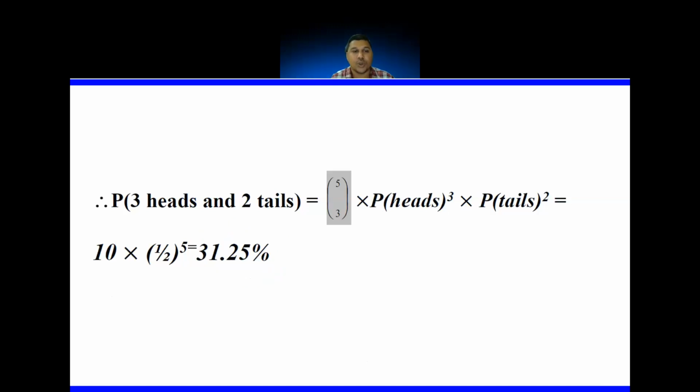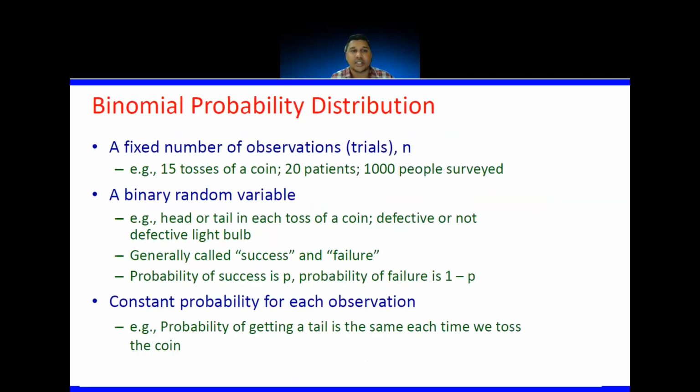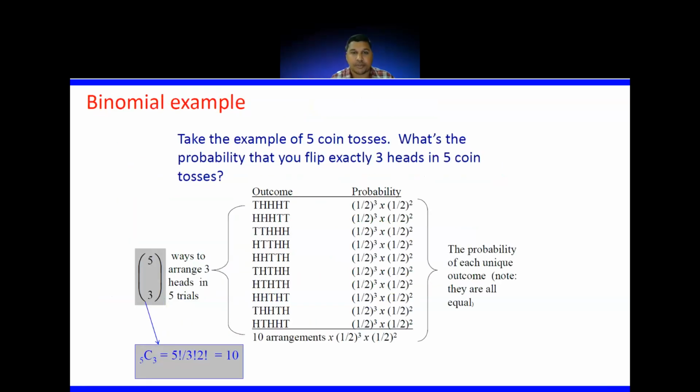Okay. So we use the binomial distribution in such cases. Let's quickly summarize. When you have a fixed number of observations, we go for the binomial distribution. Okay, a fixed number of observations like this. See here, in the question I have given 5 coin tosses. They have told only 5 coin tosses, and exactly 3 heads I am talking about.